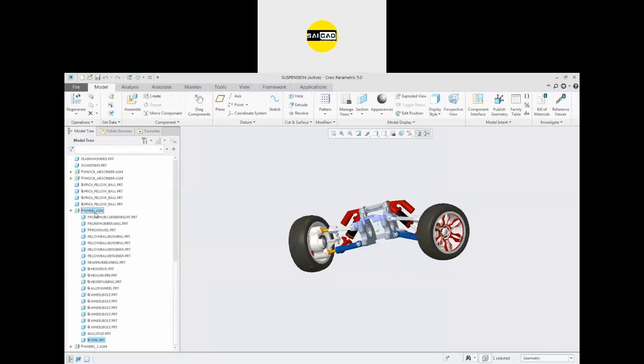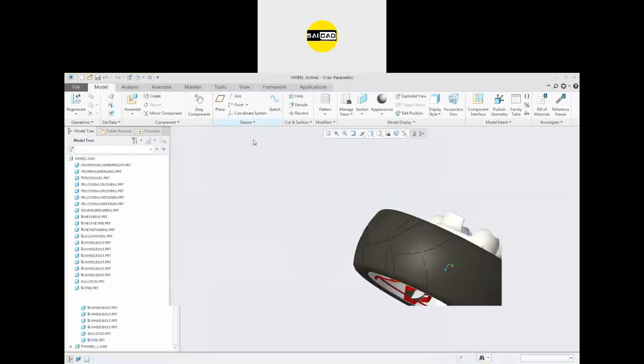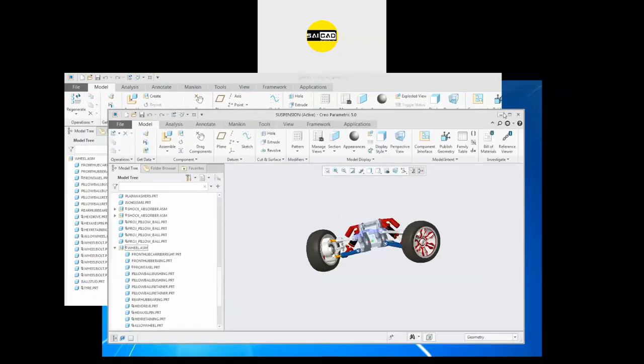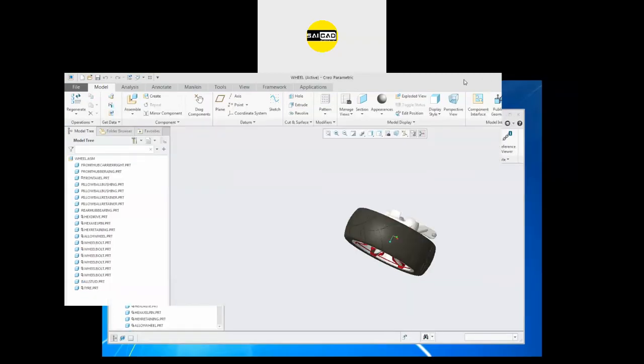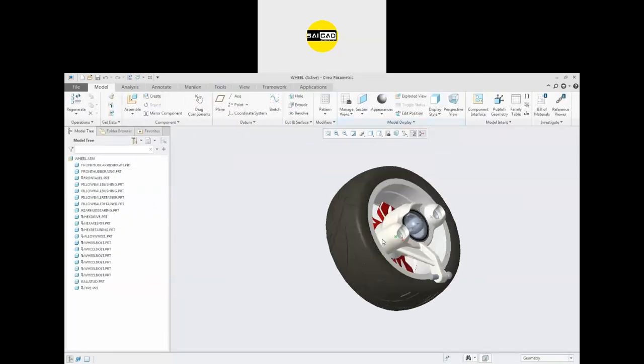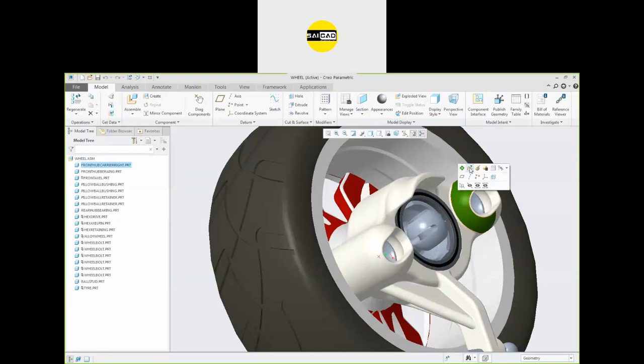Okay, so the point I have created in the assembly. So go to the part, open the assembly, and here I have created this point in there. Okay, so the point is in this assembly.